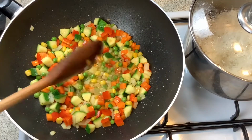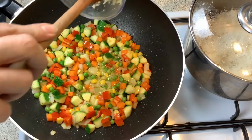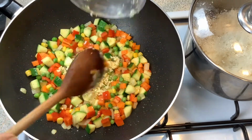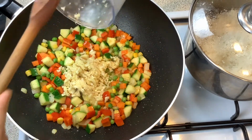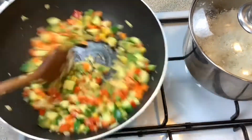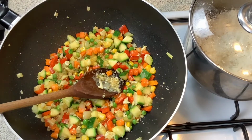So your garlic and ginger, that's going to go in once that veg is softened a little bit. Remember, we want to keep the veg quite crispy. You don't want it, you know, like mulch. And you'll smell that ginger and garlic come through. And I put a drop more oil in now,